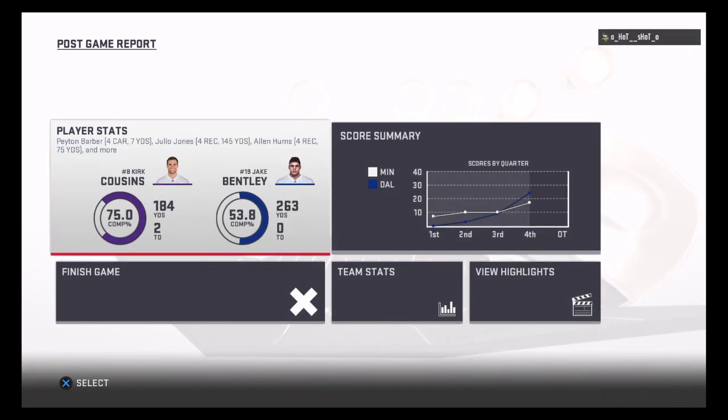Giants. So for our entire crew, alongside Charles